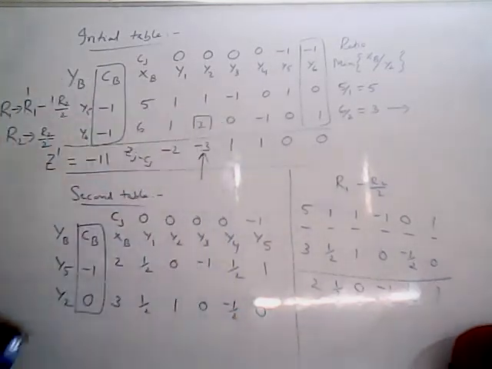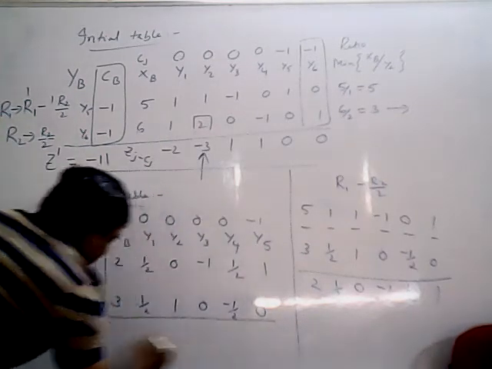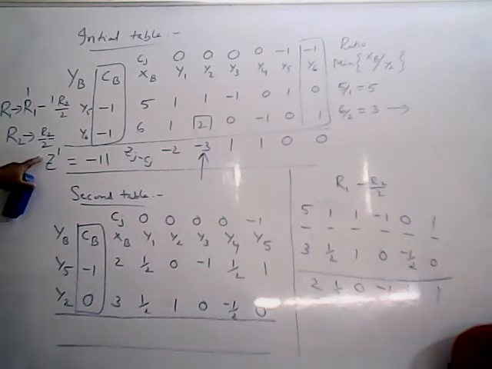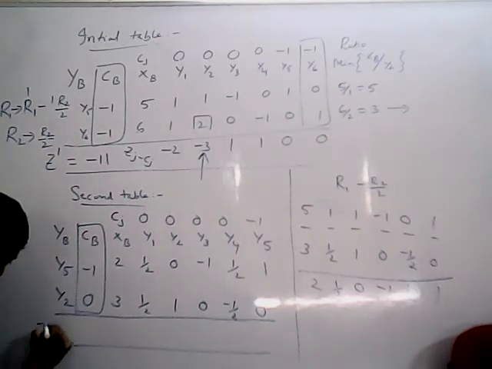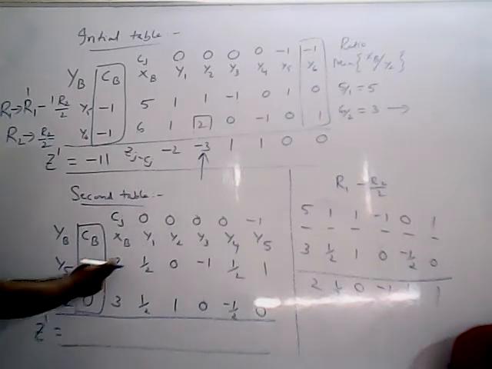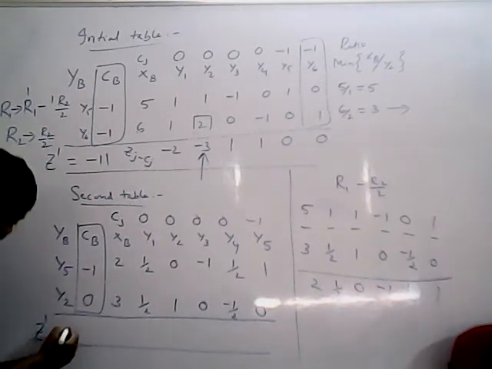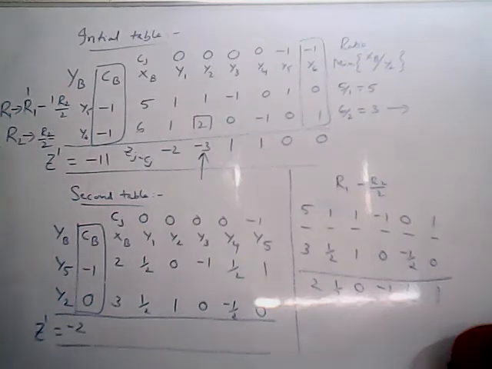Okay. Now I got the values, the table is filled. Now you can calculate only two values. The first value you have to calculate is actually z, but it is denoted by z dash in phase 1. So z dash equals minus 1 into 2, minus 2, 0 into 3, 0. That means what is the value? Minus 2. Z dash is minus 2.